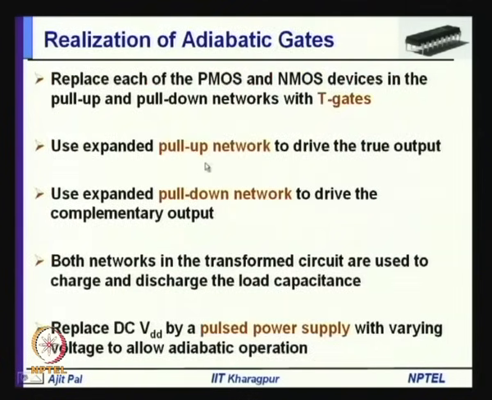Then use the expanded pull-up network to drive the true output, and the expanded pull-down network to drive the complementary output. That means we are driving these two networks with the help of transmission gate circuits, and both networks in the transformed circuit are used to charge and discharge the load capacitance, and replace the DC VDD by a pulsed power supply with varying voltage to allow adiabatic operations. So, these are the steps that you have to follow in converting a standard static CMOS gate to a corresponding